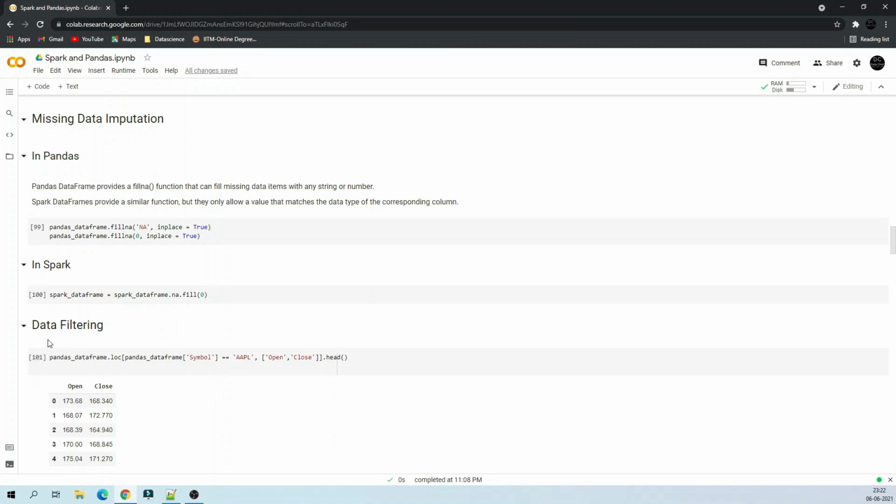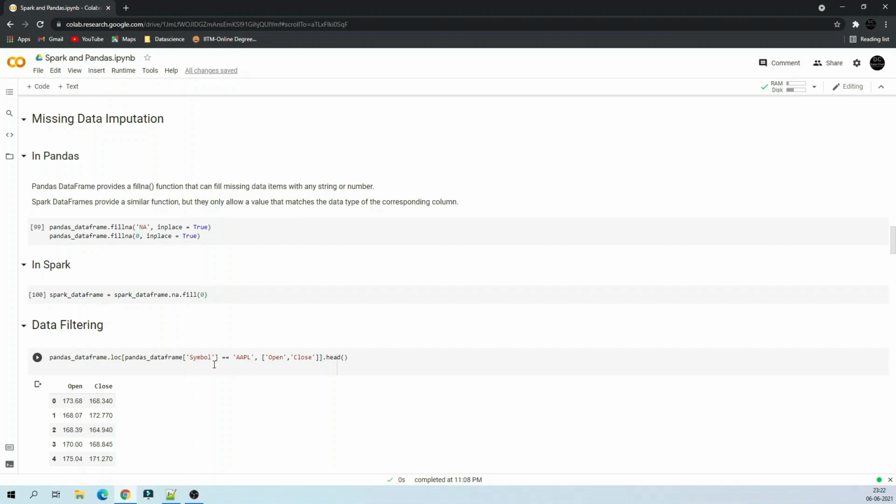Then if you want to add a filter to your data frame, in pandas you say pandas dataframe and the name of the column equal to value, and then the variables that you want to see.